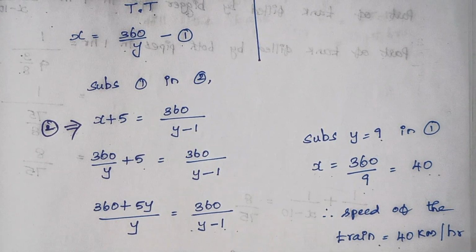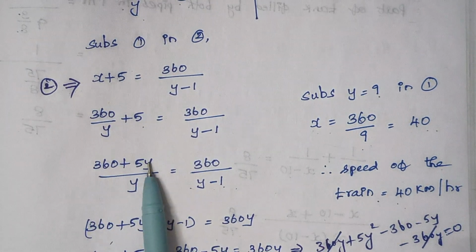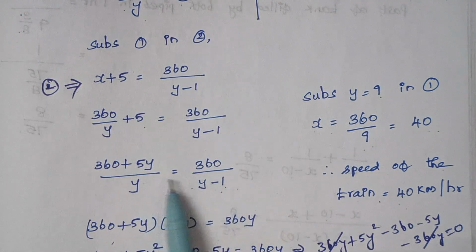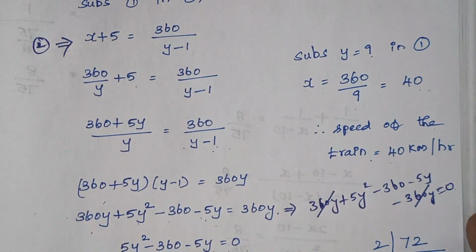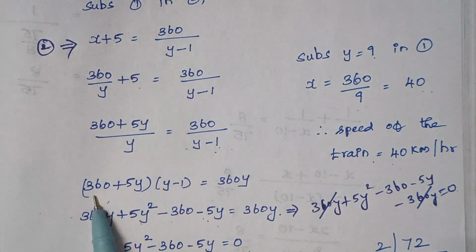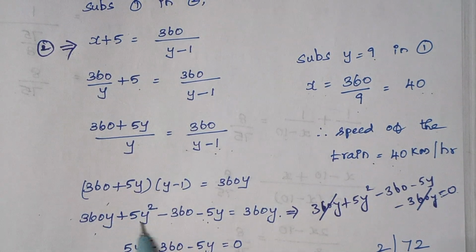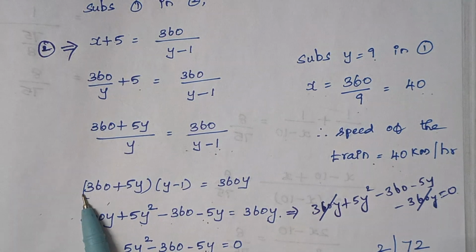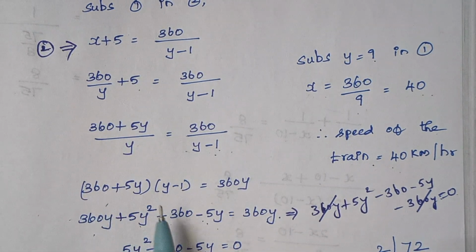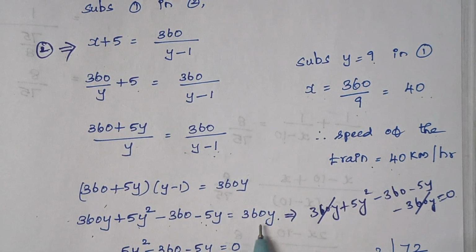Now we are going to cross multiply. So when you cross multiply, you see 360 plus 5y multiplied by y minus 1, which is equal to 360 into y. Again when you simplify, you have to multiply. First I am multiplying by y. So 360 into y is 360y, plus 5y into y is 5y square. And again we are going to multiply this with minus 1. So it is minus 1 into 360, minus 360, and minus 1 into 5y, minus 5y, which is equal to